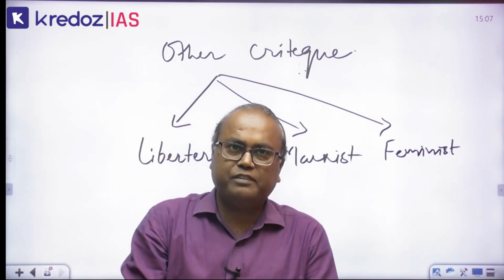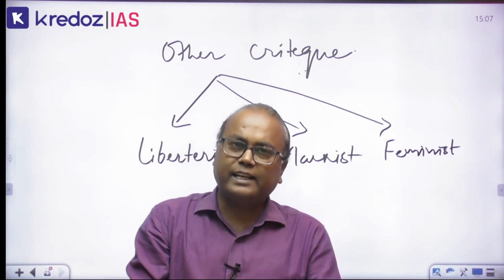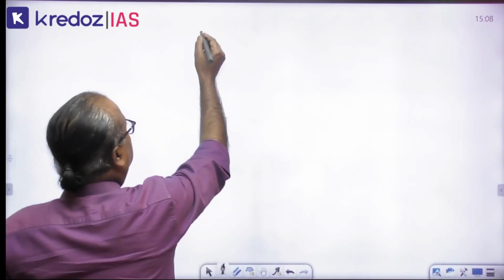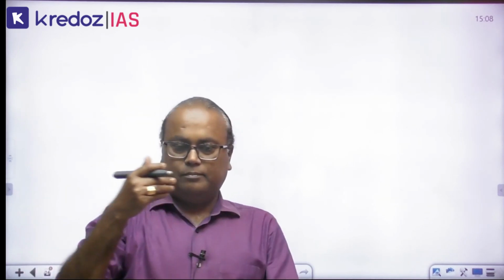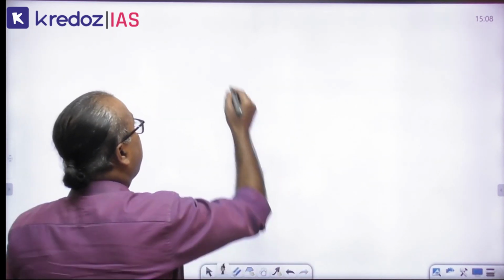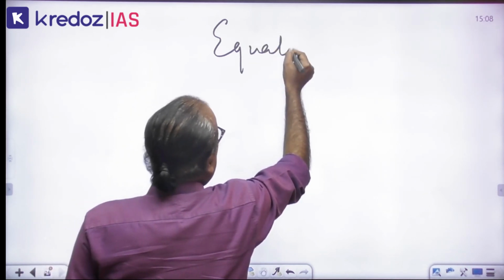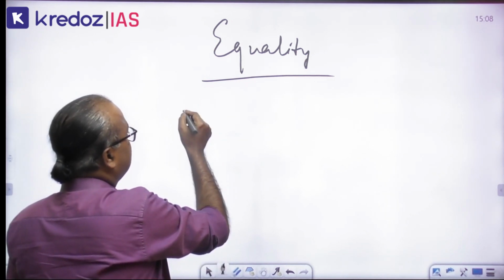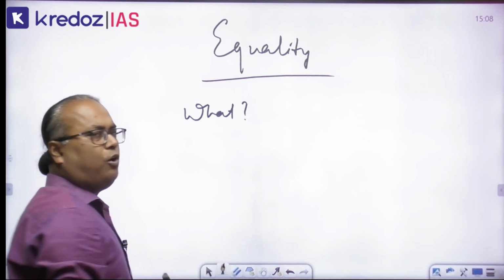Okay, so once we finish justice, now the next part in our syllabus is equality. PSIR's part of justice, equality and liberty is also very, very important for your polity part of the GS paper second. So let's see what are the things in the equality. At first you have to understand what equality is all about,